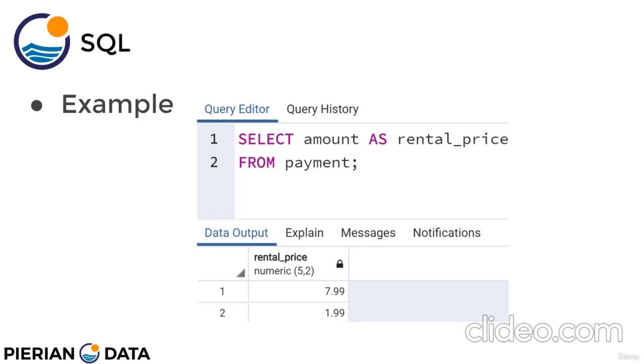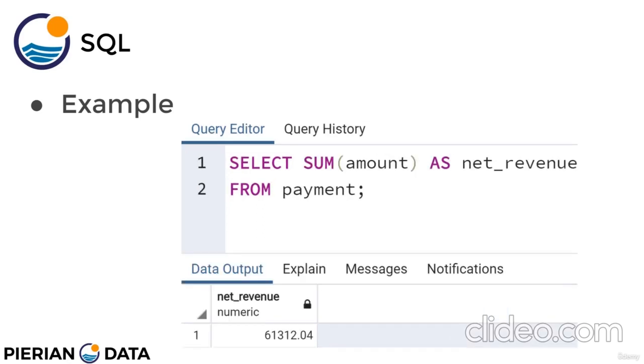And this starts to make sense, especially when we perform functions on a column. For example, select sum amount as net revenue from payment. And instead of having the output just say sum of the amount, here we can clarify it with an alias as the total net revenue from the payment table. So essentially, in net revenue, we've made around